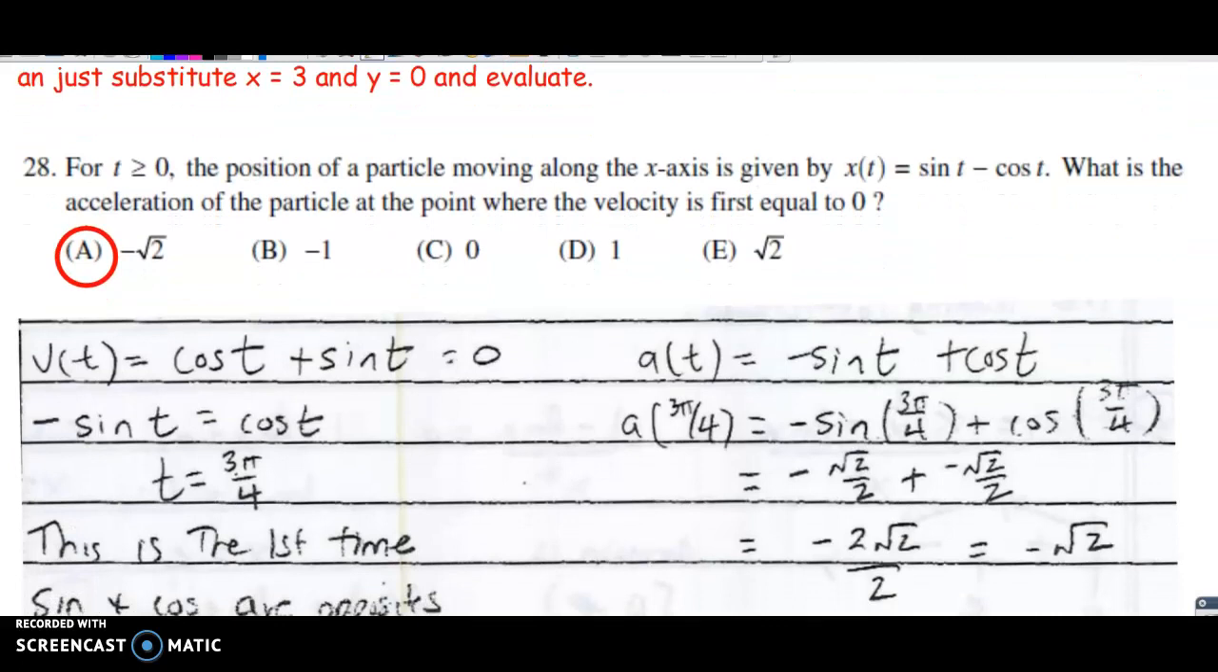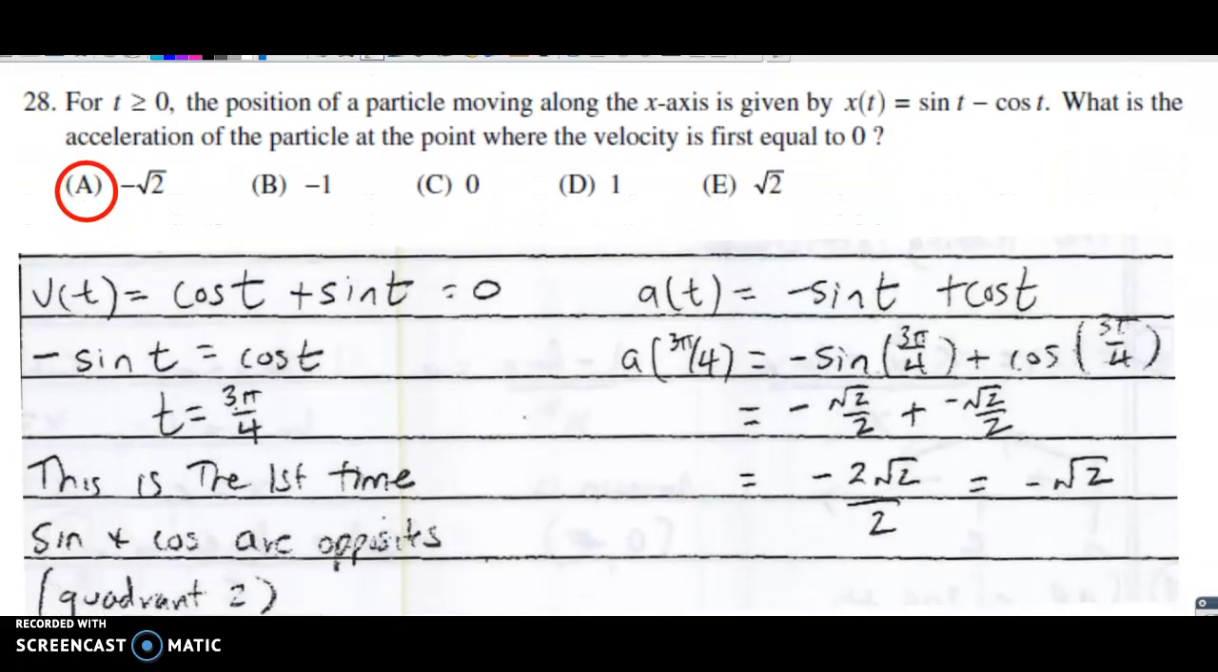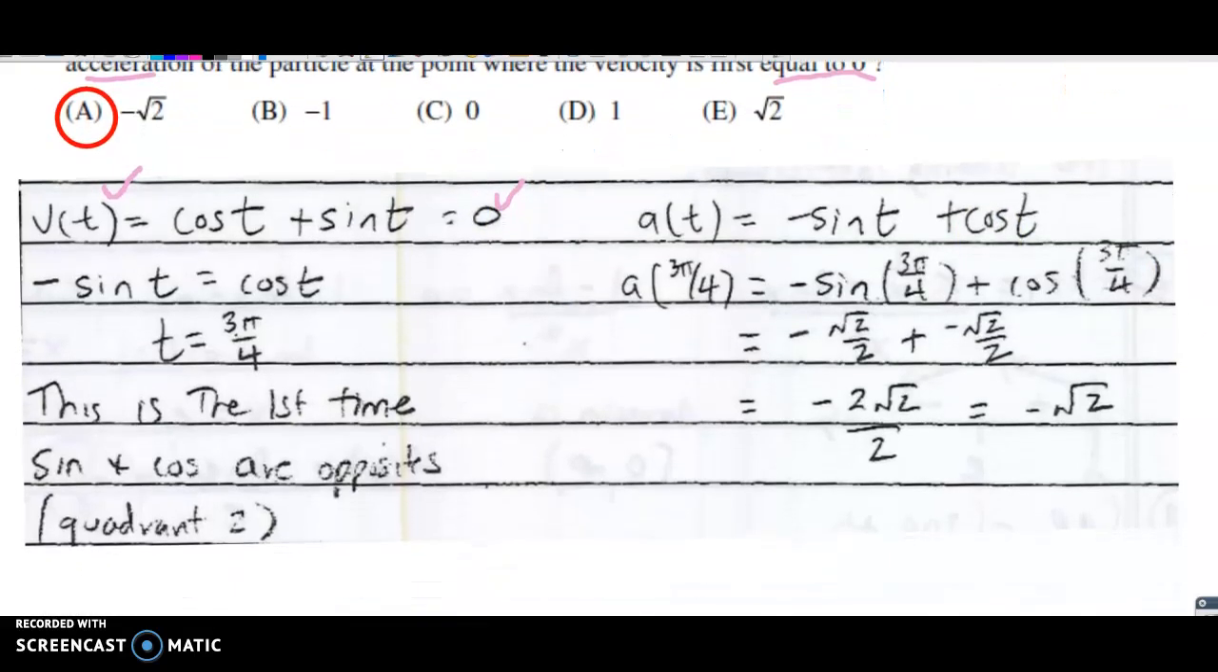28. We have a position function given, and we want the acceleration at the point where the velocity is equal to 0. So we find the first derivative using our trig derivatives, and we're going to set that equal to 0. Now, you don't have a calculator, so you have to figure out when sine and cosine are opposites of each other in order to make 0. And if you think about your unit circle,